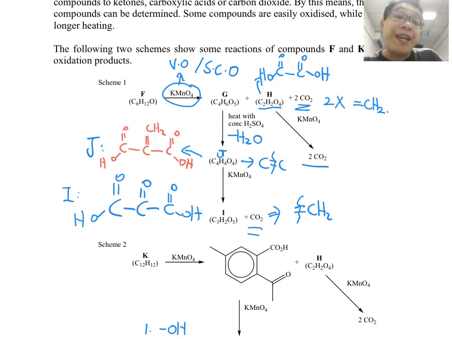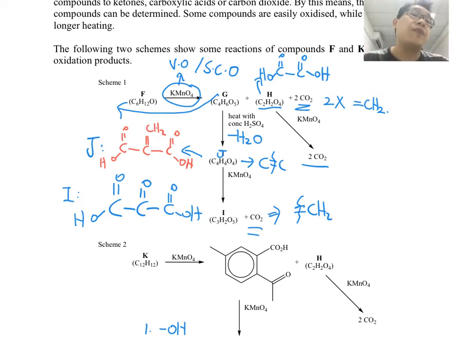Now we're going to think backwards to your G. So now we're looking at G. For G here, how do we think about it? Now remember, you're removing H2O. So if you are removing H2O in this case, then I try to think of, okay, can I add back the H2O into the reaction? There are 2 ways to add it. One way is you add an H here, then add an OH here. The second is add an H here, then add an OH here.